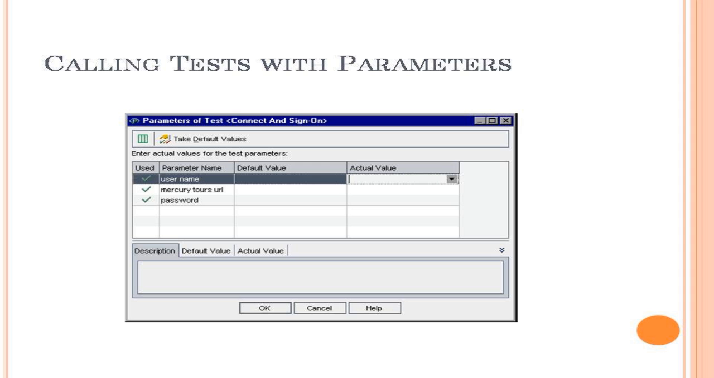If the most common login is a regular user, you can set the default values for the parameters to a regular username and password. In designing test steps, you created a test for booking a cruise. In this exercise, you will enhance your test by calling the Connect and Sign On test. This template test includes parameters for the Mercury Tours URL address and for the username and password used to log into the site. To call a test with parameters: